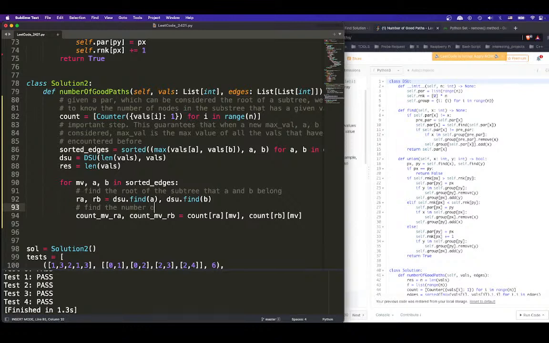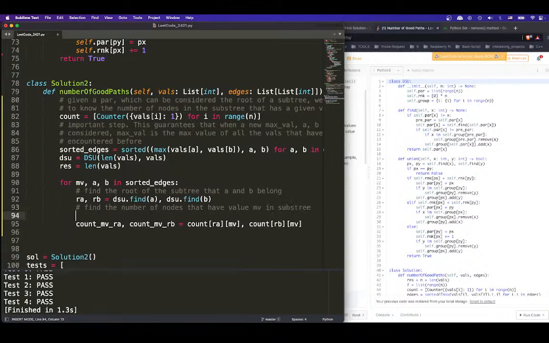Find the number of nodes that have value MV in subtree rooted in RA and subtree rooted in RB. So now we find the count, and then we say since MV is the largest value at the moment,